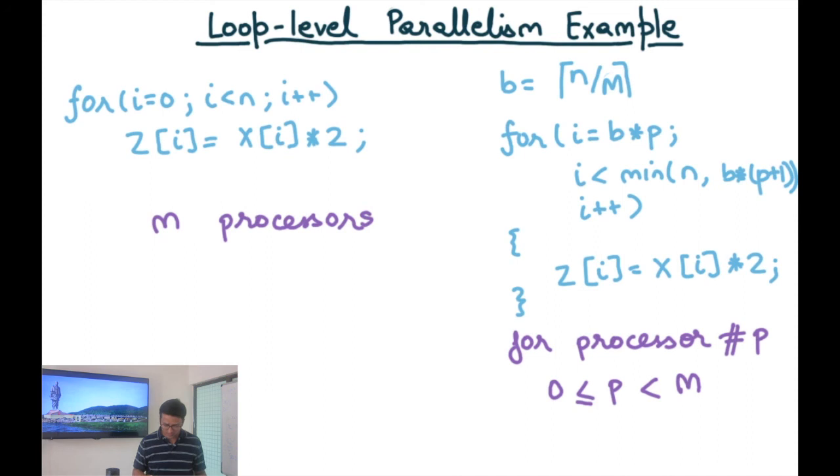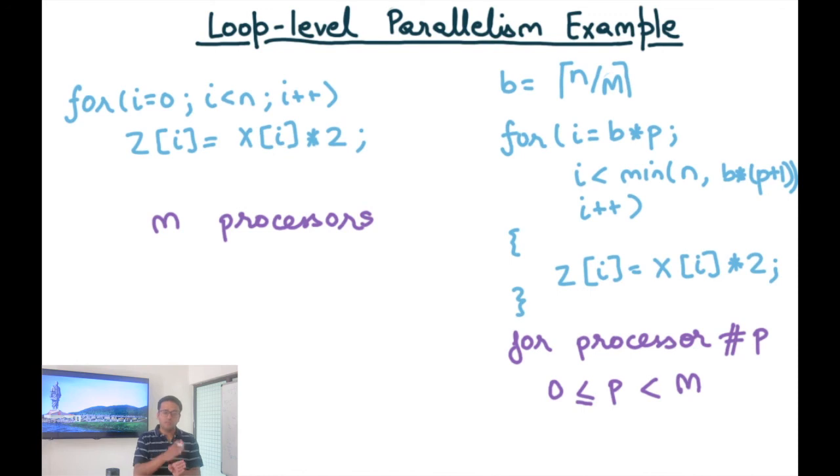In general, this is a way to partition this and execute this code in parallel. Let's say I have m processors, then I'm going to define B equals ceiling of n by m. So the idea is that I'm going to have B iterations in every processor. I have m processors, I have n jobs to be done. So how many jobs do I do on every processor? I do n by m jobs, and then maybe I take a ceiling because I need an integral number of jobs. So for i equals B into P, where P is the processor number, which ranges between 0 and m, I is less than B into P plus 1.